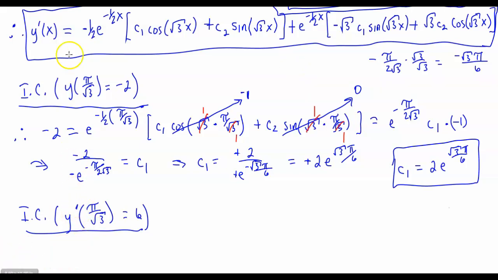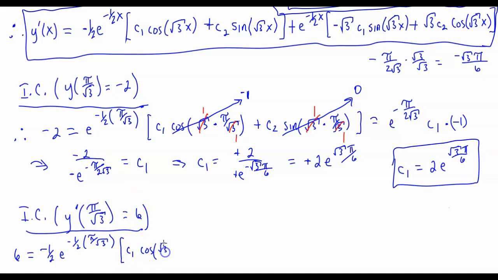So we know that y prime, whenever we plug in x to be pi divided by square root of 3, it's going to be equal to 6. So we're just going to say 6 is equal to, and then this will be 1/2 e raised to the -1/2 times, and of course, pi divided by square root of 3 again up here. All that times